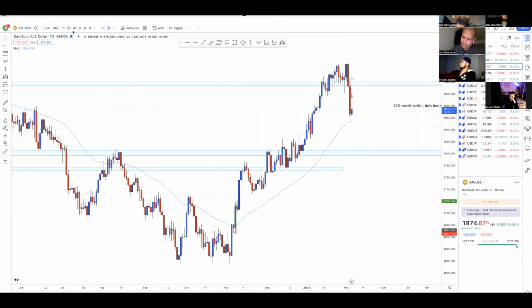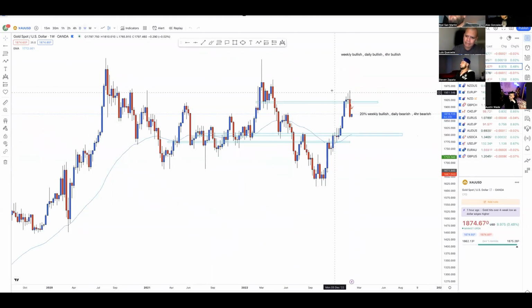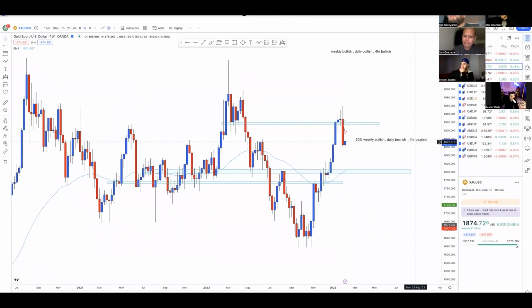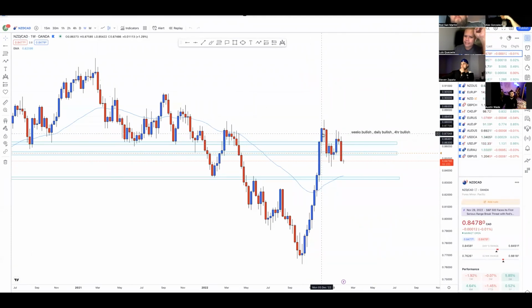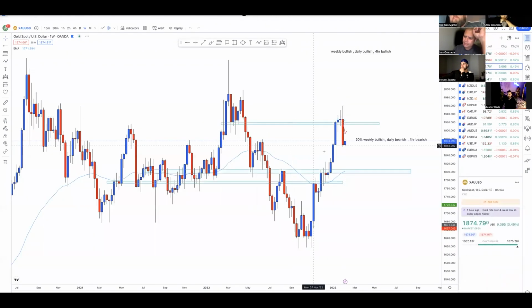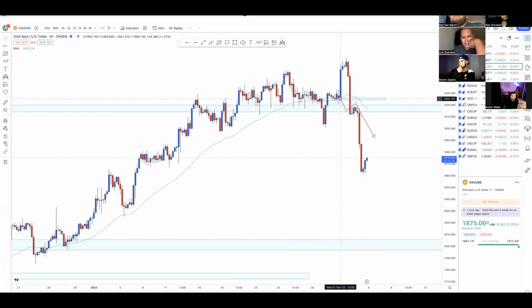So gold. If you guys remember last week, I pretty much called this perfectly. Looks exactly how NZD CAD looked. How I said it was overbought and it needs the retracement. If you notice, gold did exactly that. So we were too bullish, and then I told you guys it needed the retracement. The only way I would look to take the trade short is if we break under the structure level, have the retest and sell. I didn't catch this because I don't really trade gold, but I liked